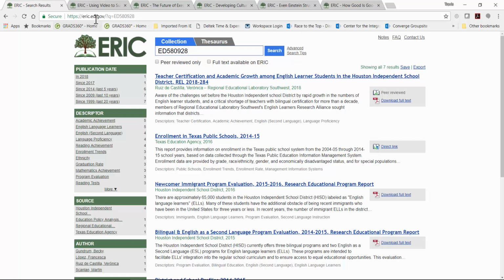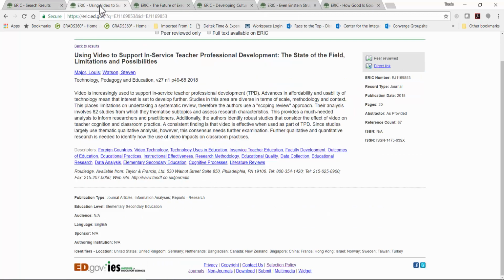However, there's a nice feature in ERIC now, which is if you see an author name, such as you see here, we have two authors, both of these author names appear as links.